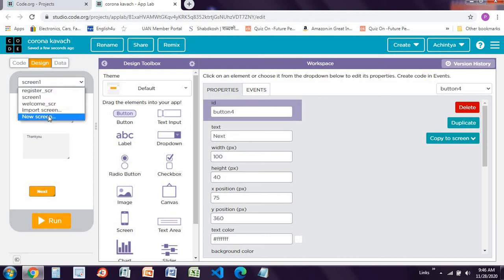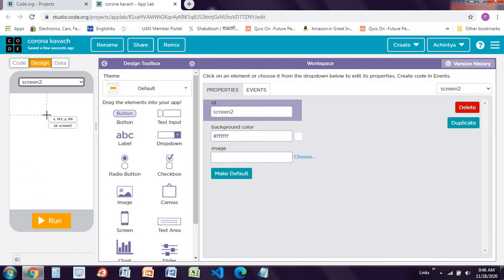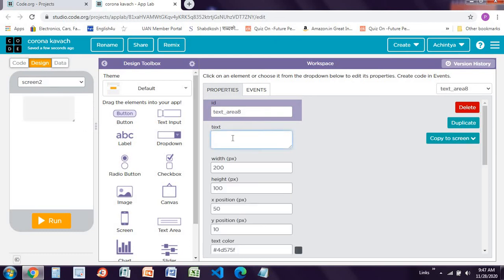Now go here and create one new screen, and this will be this screen. Are you infected by any of the diseases like this?